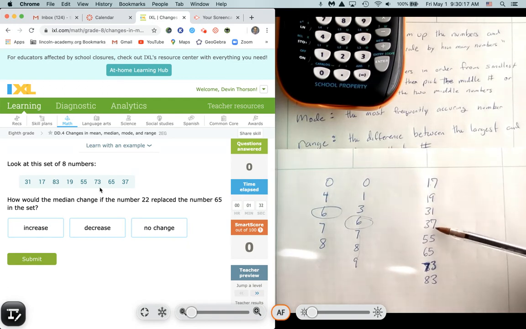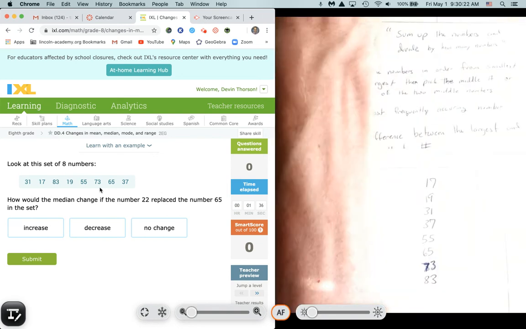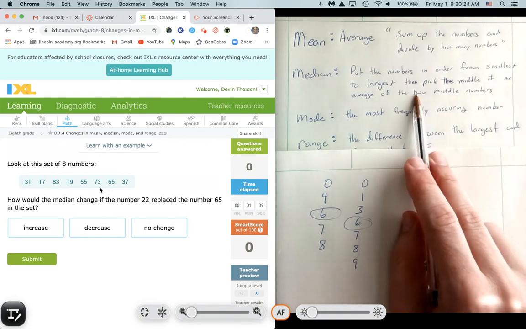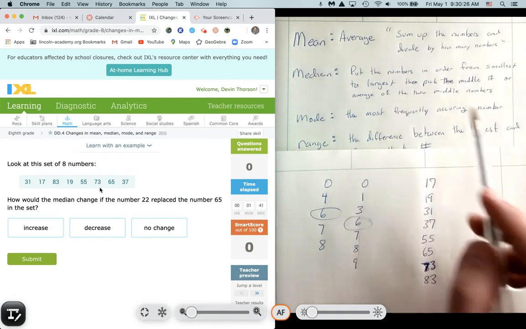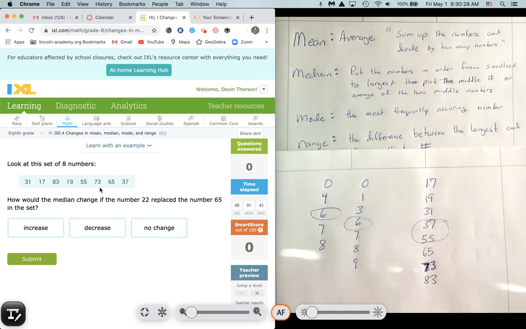Now, remember, median is the middle number. 1, 2, 3, 4, 5, 6, 7, 8. Since there's an even amount, remember, according to our definition up here, if there's an even amount, you take the average of the 2 middle numbers. So I'd take the average of these 2. I don't even want to take the time to do it, but now what I want to do is